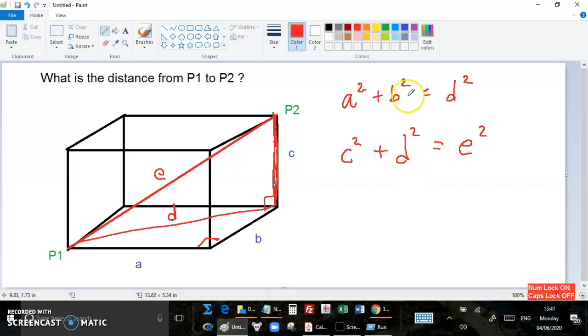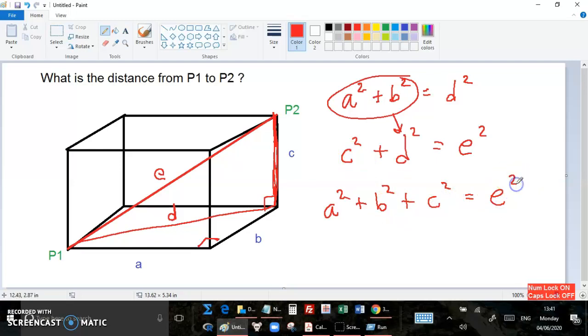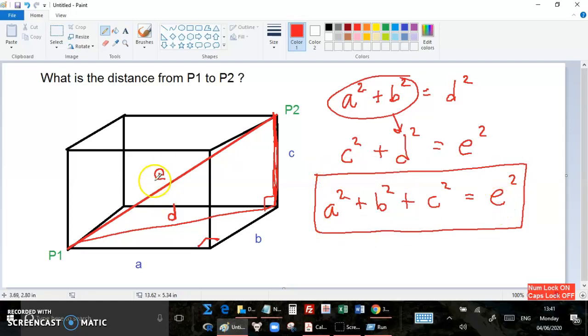All right, put these two together. Since we know that d squared is the same as a squared plus b squared, just plug it right in. And let's put that first just to make it alphabetical order. So we know that a squared plus b squared plus c squared, because that's the d squared right there, plus the c squared equals e squared. So there we have, we can call it the three-dimensional Pythagorean theorem if you want. Kind of weird to use e, but you can use whatever letter you want. So then just take the square root of both sides, and you have a way to figure out the distance